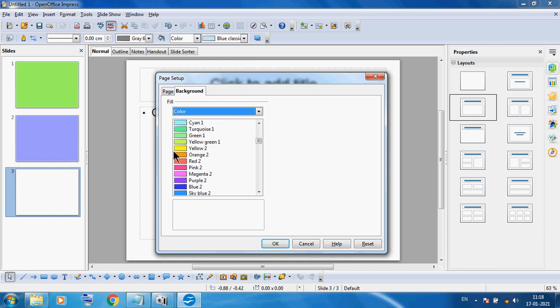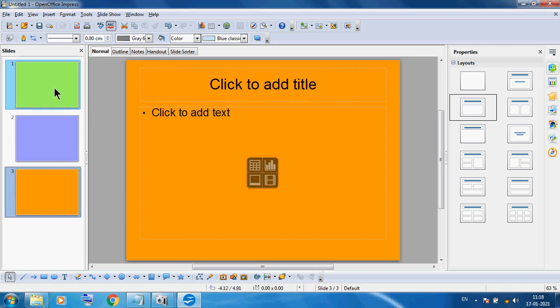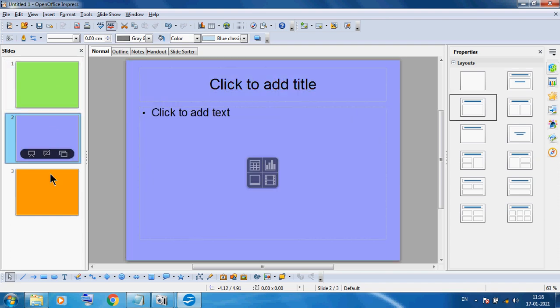Suppose here I am selecting orange color. Okay, then here I am clicking OK. I want to use orange color on this third slide only, not all. So here I am using no. So you can see this is our green, blue, and orange.